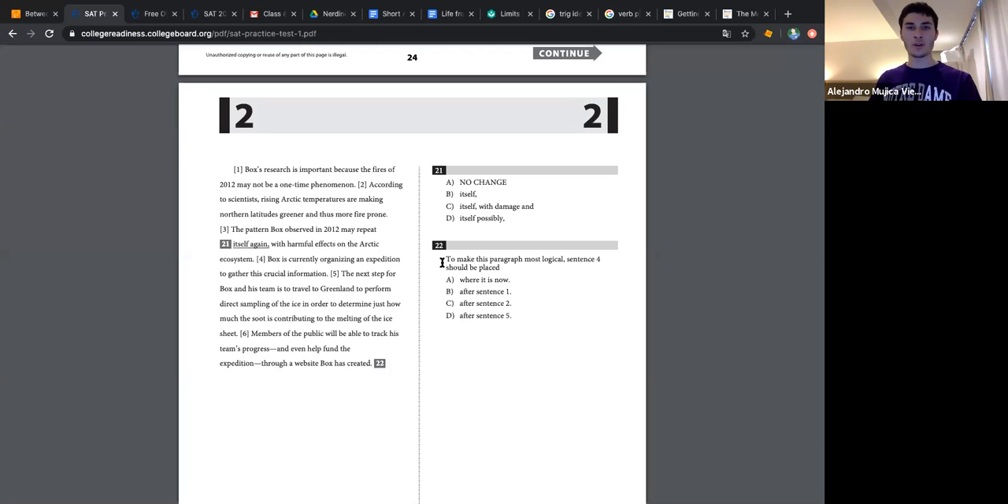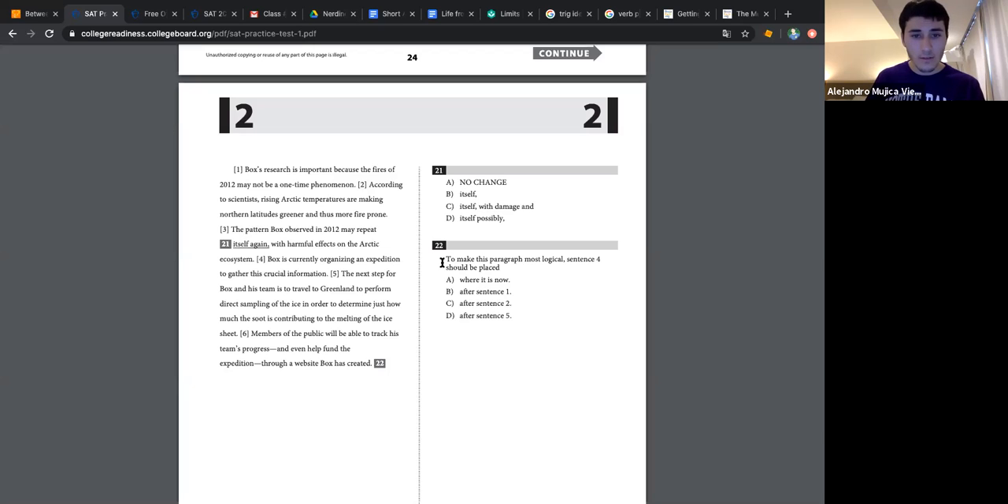Research is important because it's not a one-time thing, right? So basically what it's saying is not a one-time thing. Sentence 2, according to scientists, rising temperatures, so it's talking about why it might not be a one-time thing. Because temperatures are rising, there's more fire possible, or it's more fire prone. Then sentence 5 is talking about the next step for Box and his team, which is to travel and do research. So travel, research. And where it is now